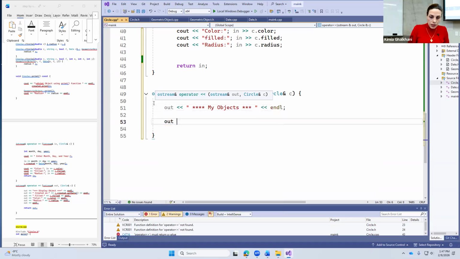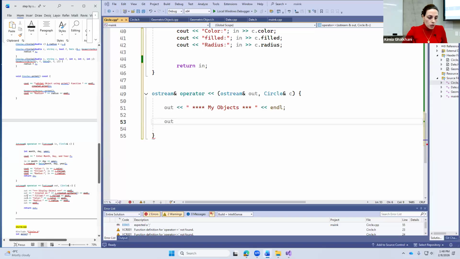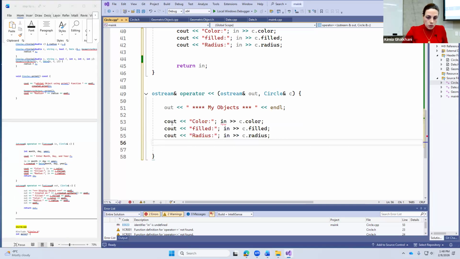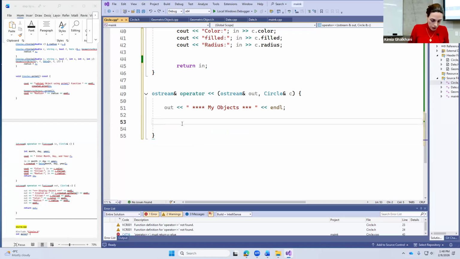And then again, pay attention, since I'm using OStream, all I have to do is just out. I do not need to say cout, just out is going to help. I'm going to try one more time because I don't really have more time. I'm going to see if this time it will allow me to, yep, it doesn't allow me because I'm on Zoom. Then out, I'm going to say created on,